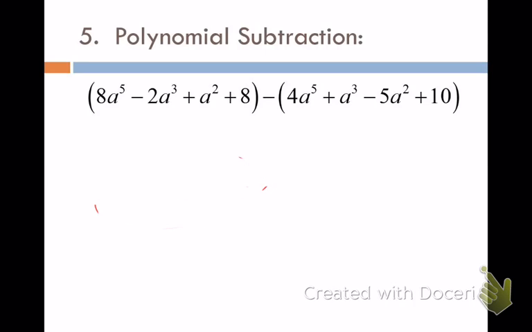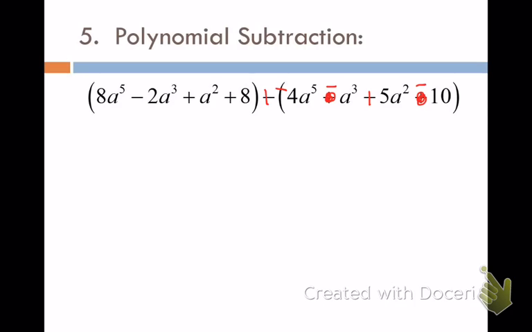Now we're going to have an entire polynomial behind that minus sign. So when I change this to a plus, I have to change the sign to everything inside this polynomial that comes behind it, and just behind it, right? Going back to my 5 minus negative 3, we didn't make this a plus and this a plus and then change the sign of the 5. We don't do that. We don't change what's in front. We only change what's behind. And so this becomes negative 4 minus a to the 3rd plus 5a squared minus 10,